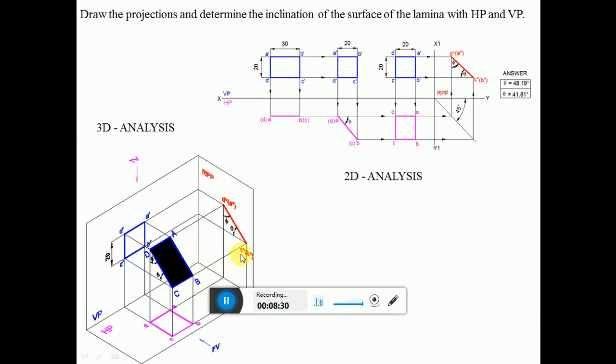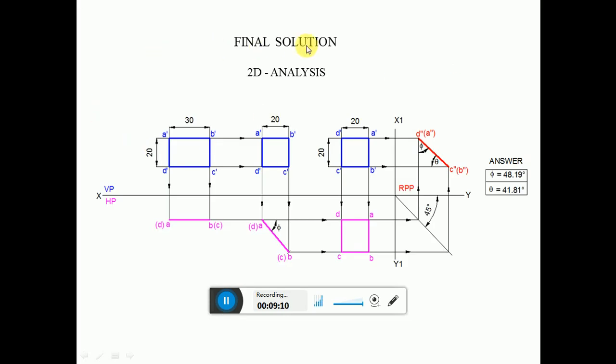So this sketch and this sketch are very similar. So by looking from this, you can make out that the surface is inclined to VP and also the surface is inclined to HP, but still the surface is perpendicular to the profile plane. So only in the profile plane you can see the angle with respect to HP and also the surface inclination with respect to VP. Both we can see. Always when the problem is given with the surface inclination with HP and VP, you must remember that you always have to write the profile view. Though this is the final 2D analysis here.